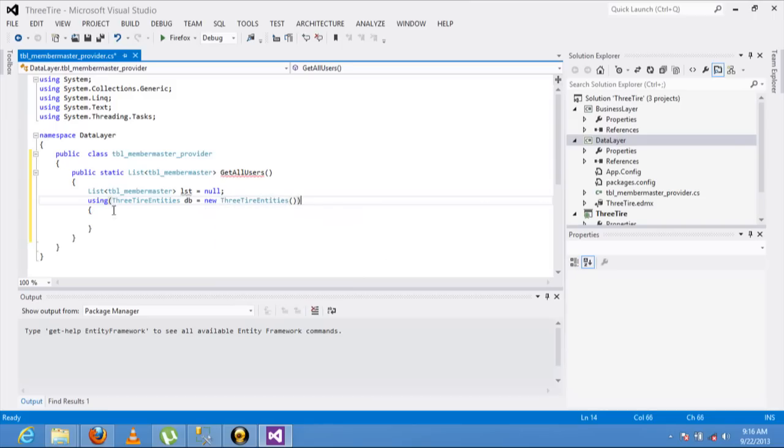Here the LINQ query: data getting list is equal to, from u in db.tbl_member_master select u, dot ToList.